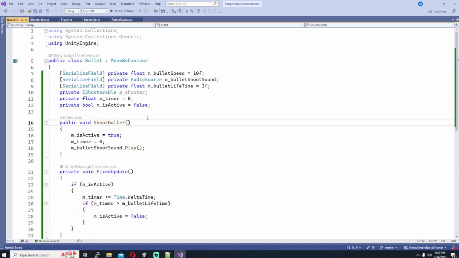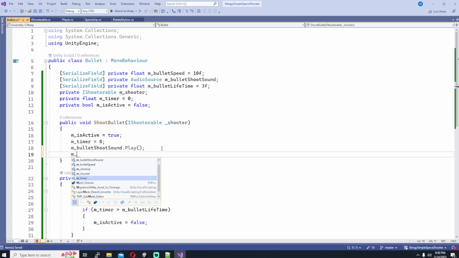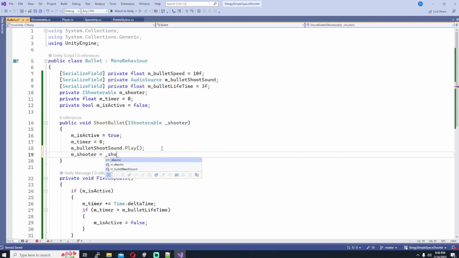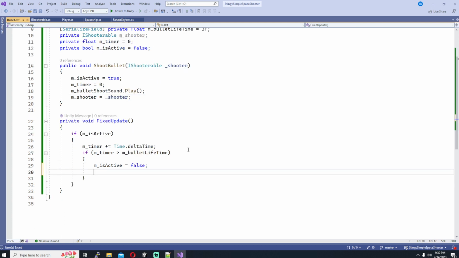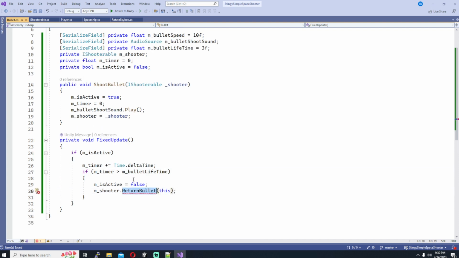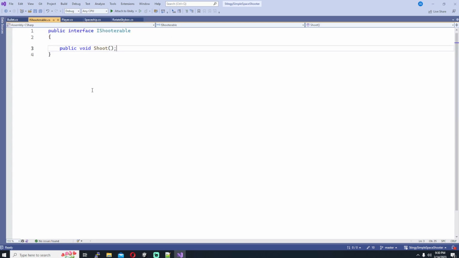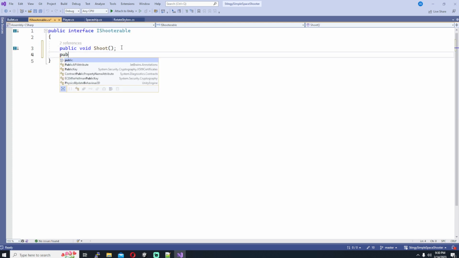And so our shoot bullet is going to take that in. So we're going to set mShooter equal to who shot it in the shoot bullet. So whoever calls this has to pass that in, and then we'll know who shot the bullet. So then we're going to say mShooter return bullet,